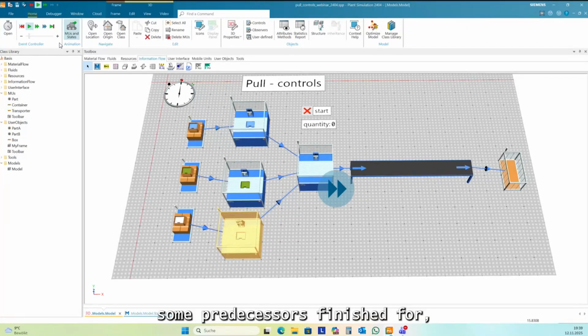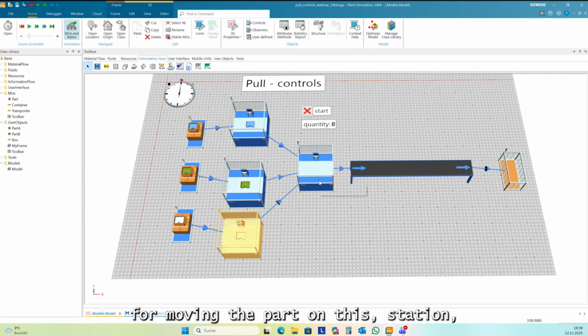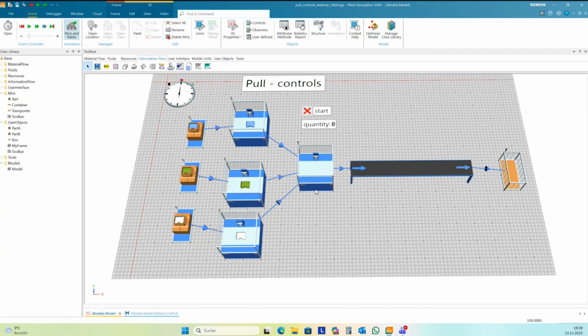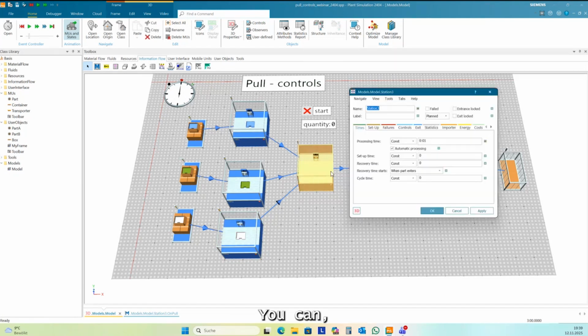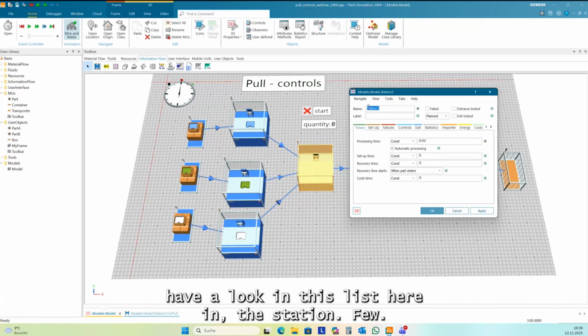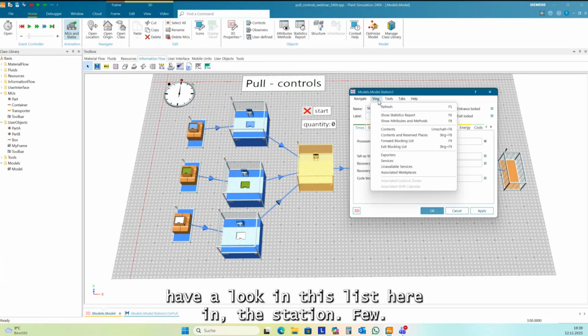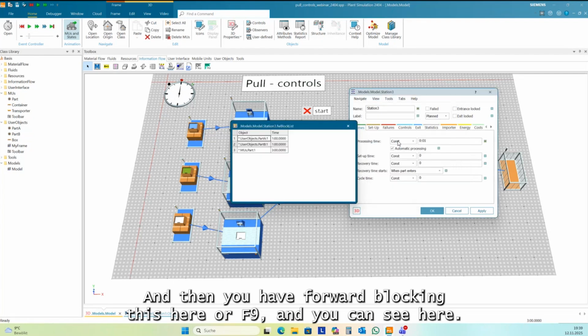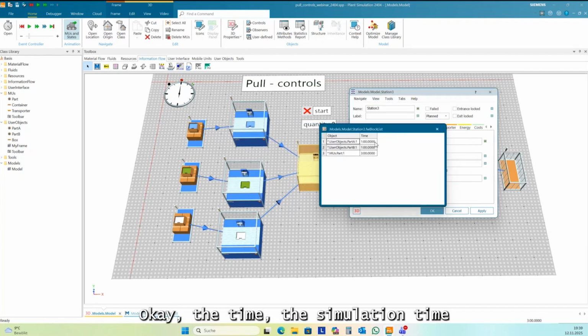If you have some predecessors finished for moving the part onto this station, then Plant Simulation enters these parts into the forward blocking list. You can have a look at this list here in the station view, F9, and you can see the simulation time and the parts that are blocked by this station.